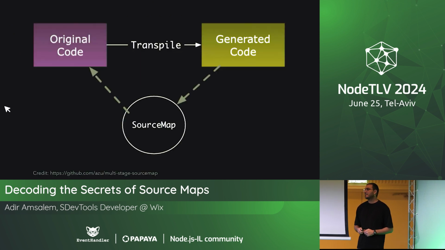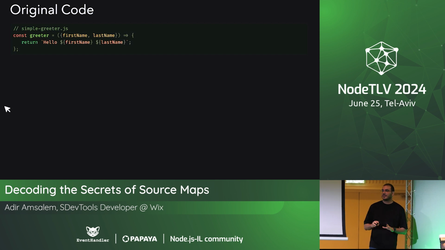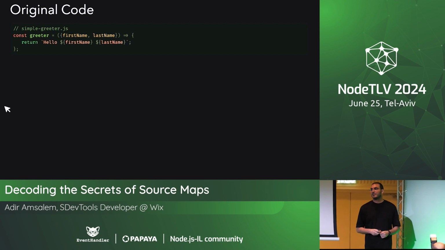And source maps, basically, they map generated code back to original code. Super simple. The transpilers map original code to generated code, and source maps map it back. So this is super simple, and let's go with a simpler example now, and let's see how the mappings are